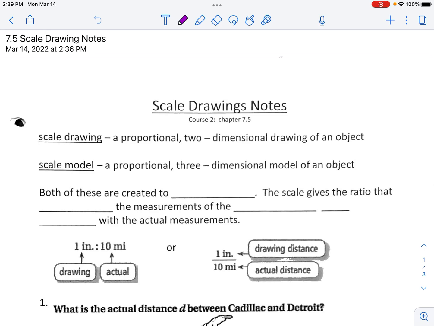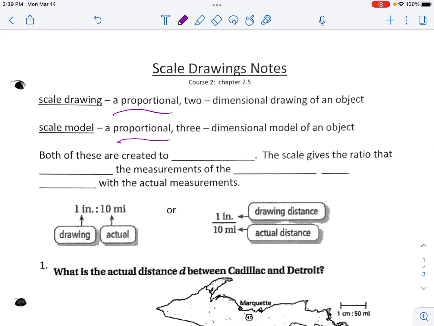A scale drawing is a proportional two-dimensional drawing of an object. A scale model is a proportional three-dimensional model of an object. Both of these are created to scale. The scale gives the ratio that compares the measurement of the drawing or model